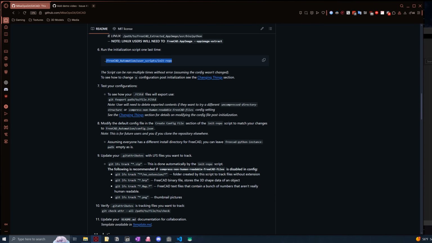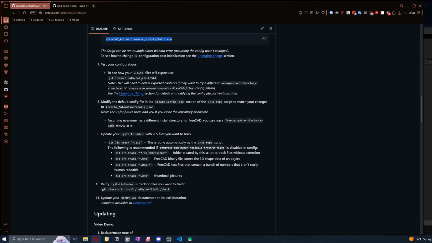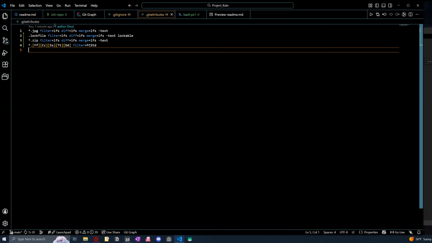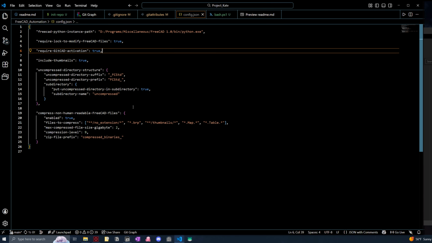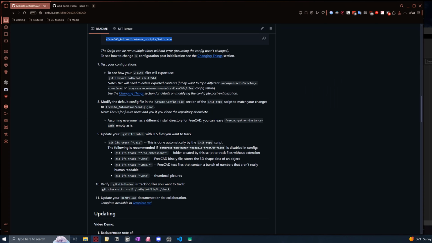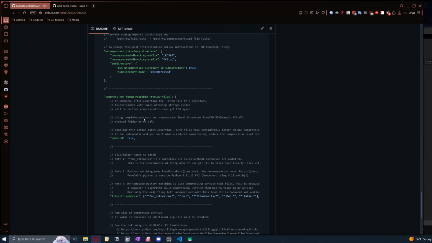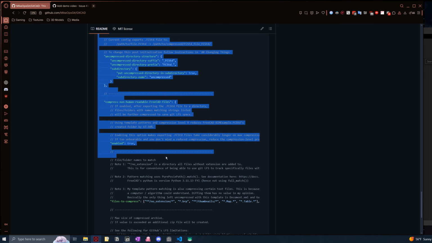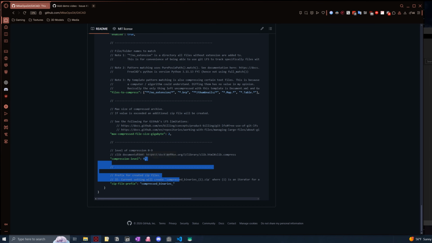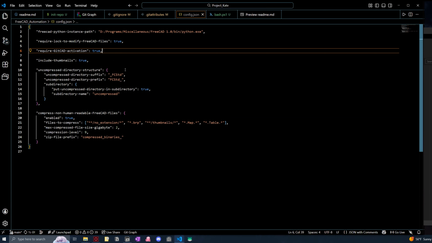And then from there, we can go on to the next part, which is testing your configurations. So now you can go ahead back to the config file, and you can actually make changes to this. So if you go to the README file on the GitCAD page, it actually goes over and covers everything, what each of these do over here, and a bit more on what everything is. But for a basic rundown,